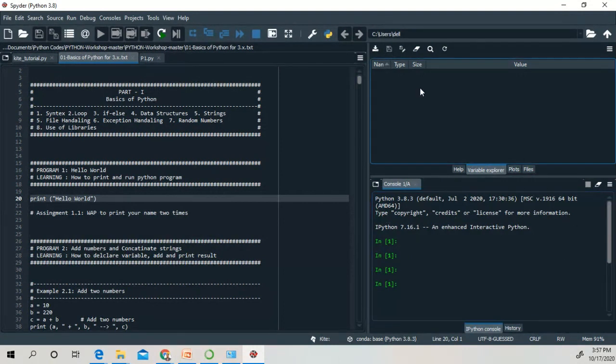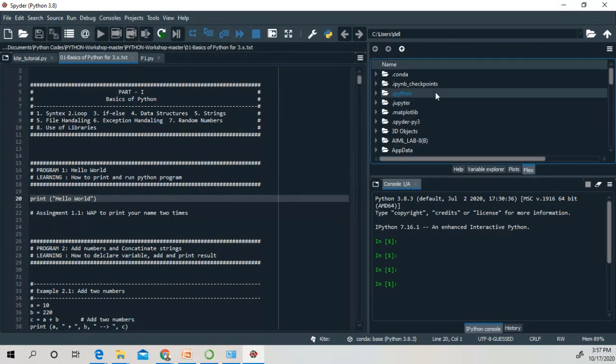This is a window where you can find the variable names. If you have some graphs, then you can find those graphs in this window. And if you have some files in the working directory, you will find all the files in this working directory.